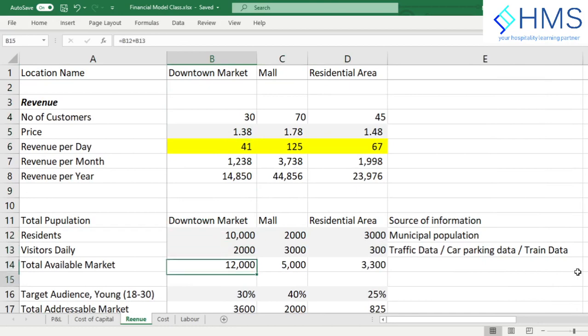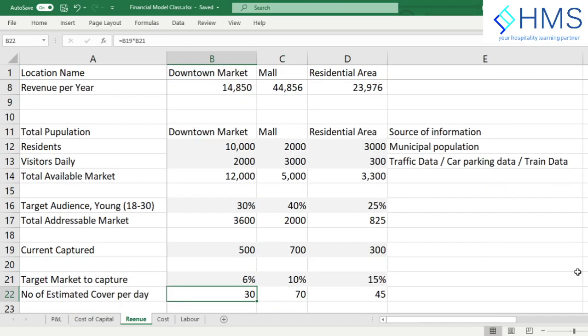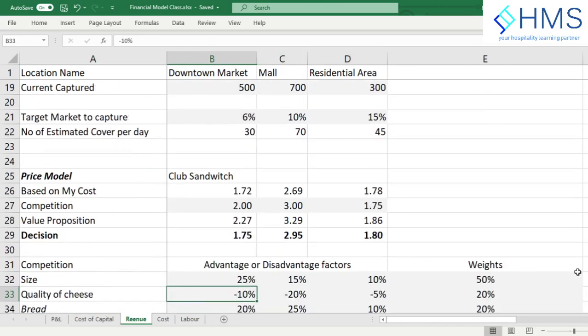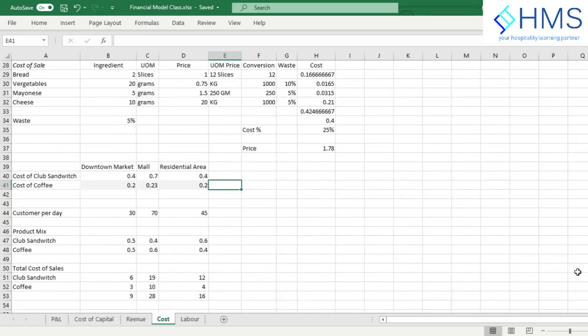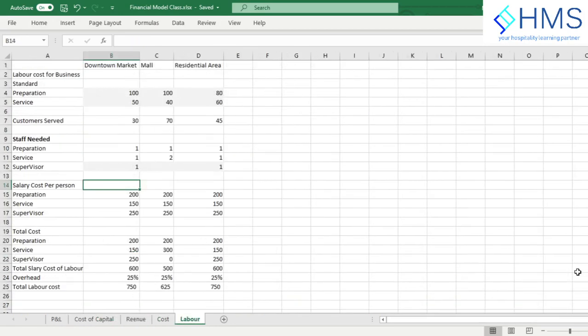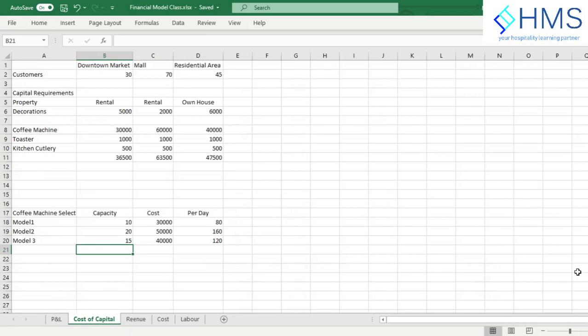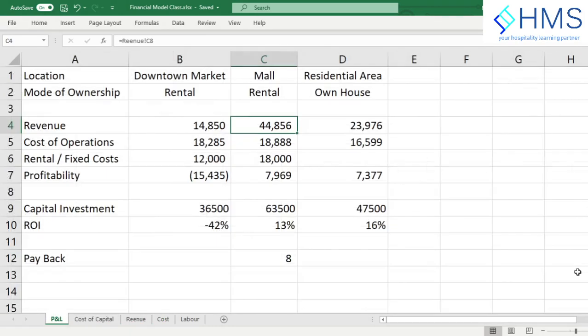the number of population, then the ability to capture and the ability to pay the market price, and how the costs are affected in each area, and how the cost of capital and the labor would affect each area. So this way we could build a model to understand how the revenue and expenses would be for year one or year two or year three. In the year one,